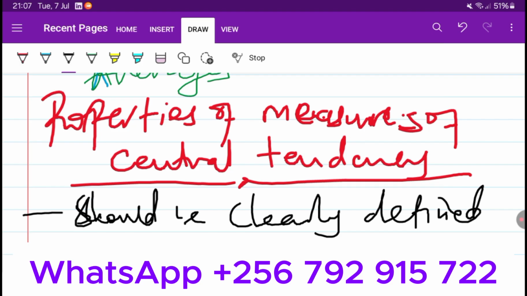So a good measure of central tendency should be clearly defined. We know what it is and what it portrays. Then the other is that it should be based on all observations,